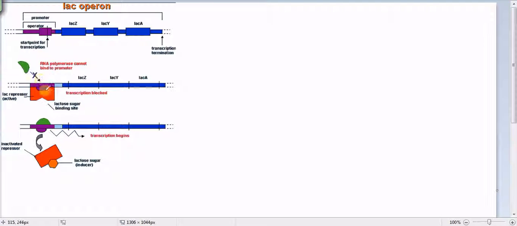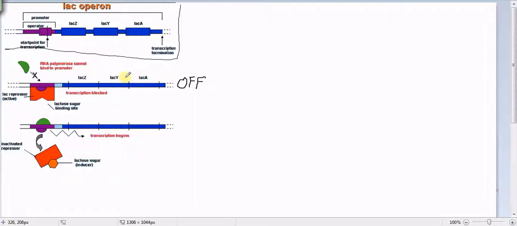We have the top one, well, there's three pictures. This is just the lac operon without anything going on, so we're not really going to look at that one too much. But if we look at this first one here, where the repressor protein is bound to the promoter site and the RNA polymerase cannot bind, we would say this is off. So when we're referring to the lac operon and you hear on and off, when the repressor protein is bound here and the RNA polymerase cannot bind, that means transcription does not occur